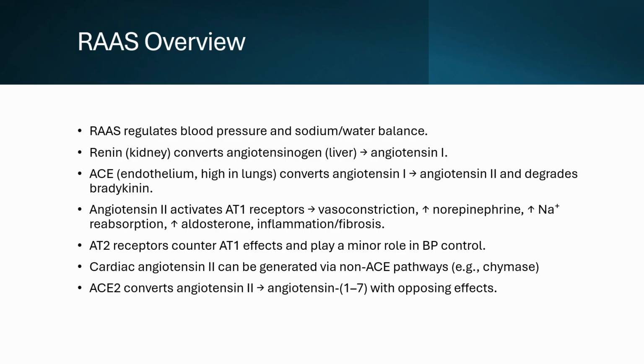Angiotensin 2 can bind to either angiotensin 2 type 1 or angiotensin 2 type 2 receptors located in several tissues. Angiotensin 2 type 1 receptors are found in the brain, kidneys, heart, peripheral vasculature, and the adrenal glands. Angiotensin 2 type 2 plays a minor role in blood pressure regulation and has the opposite effect of angiotensin 2